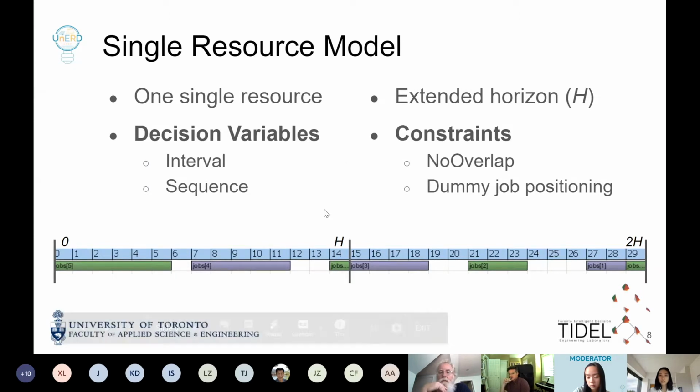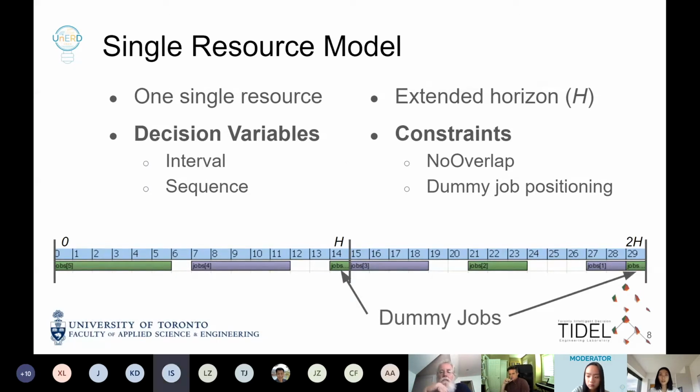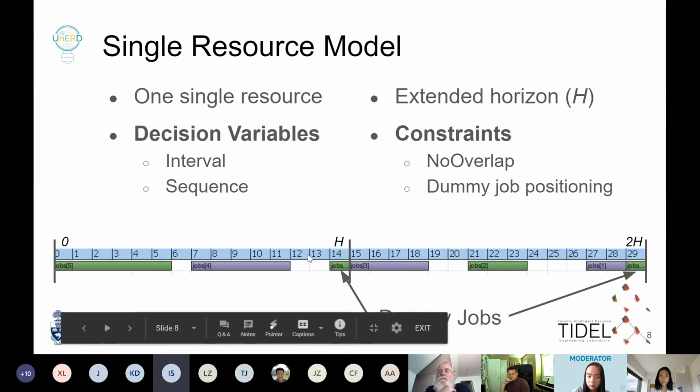We also include these dummy jobs with processing time 1 and setup time 0 at the end of the horizons